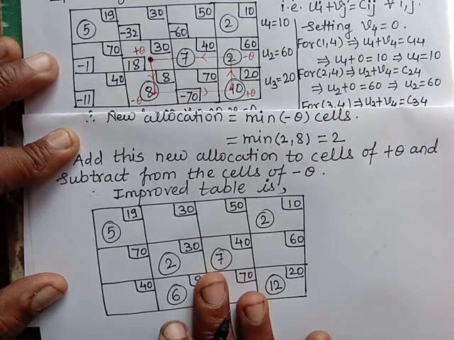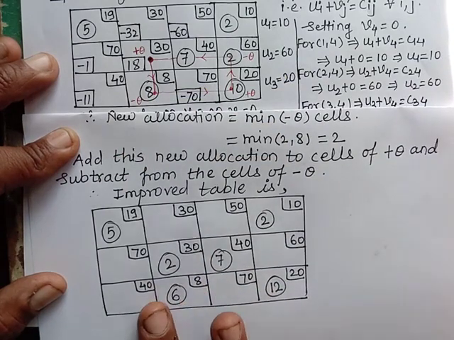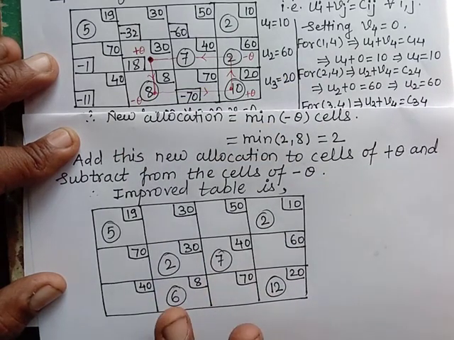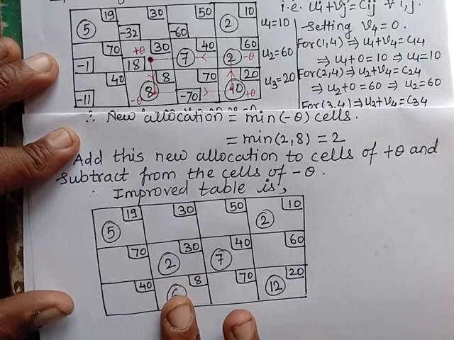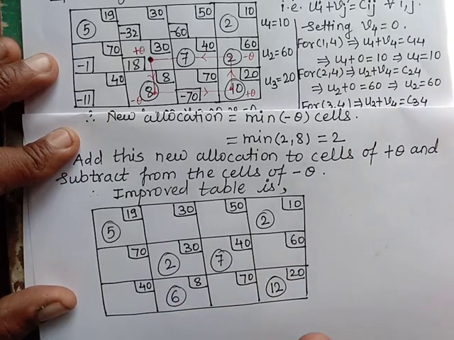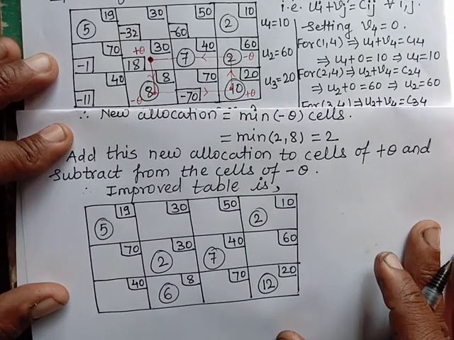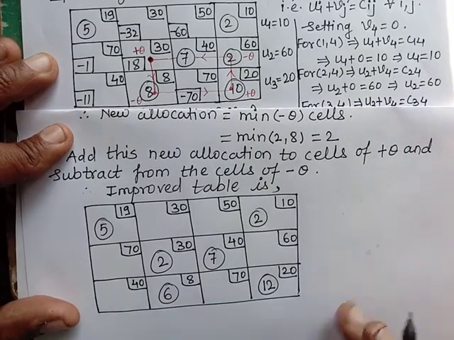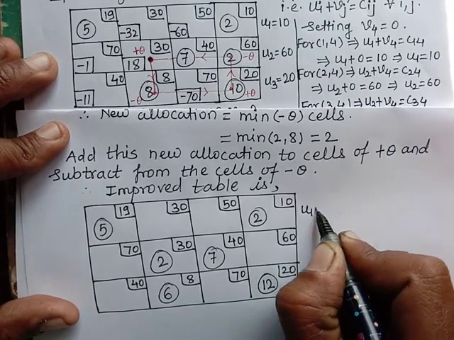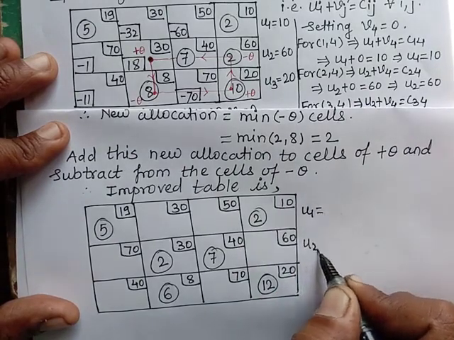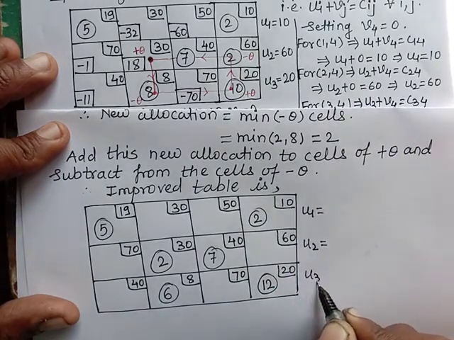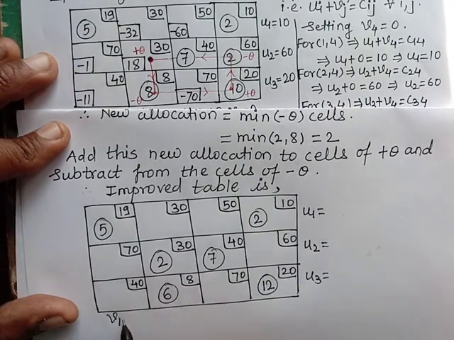Now for this again we will find out ui, vj and delta ij's, to check whether it satisfies the optimality condition. If it does, then it will be an optimal solution. We have to find the optimal cost only. That is our solution here. So let me write here u1, u2, u3, here v1, v2,